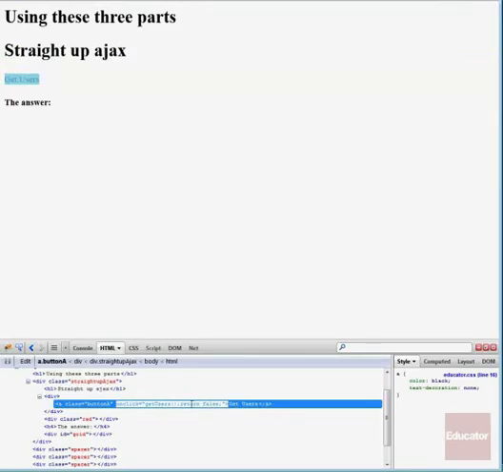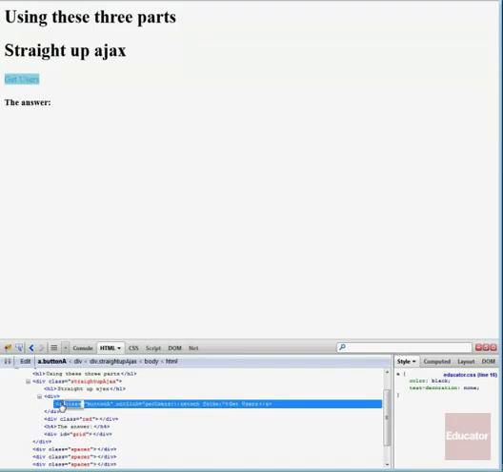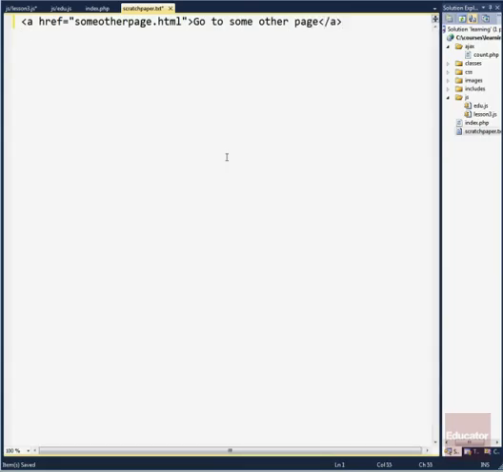Now, the reason we need the return false is that the natural inclination, the default behavior of a link, is to go to another page. In this particular case, it does not have an href. You're probably very used to writing code like this, on scratch paper: href equals some other page dot HTML, go to some other page. That is the natural inclination of a